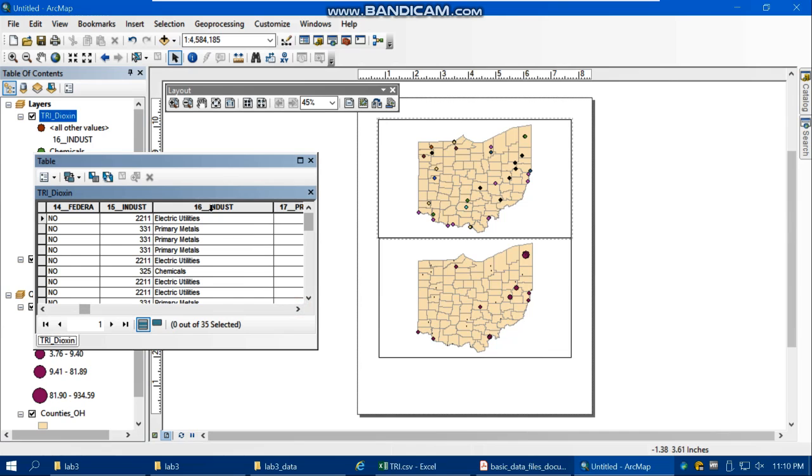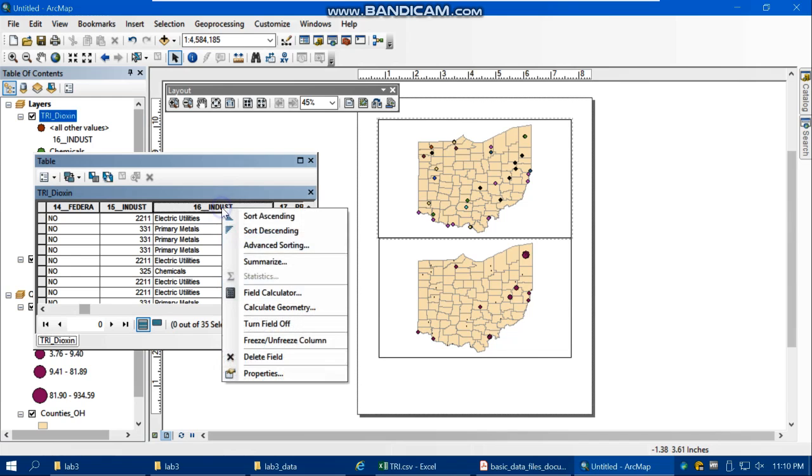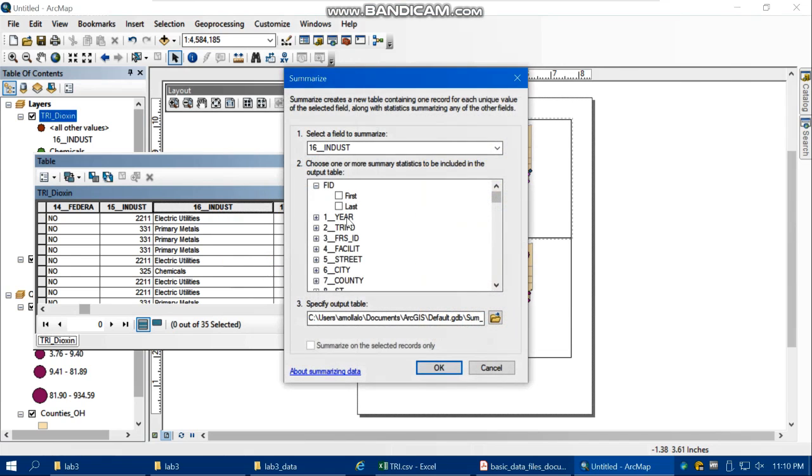So we're gonna see how many electric utilities we have, how many primary metals we have. We have to use summarize. If you right click on this field and then summarize, select a field to summarize, only this field 16,